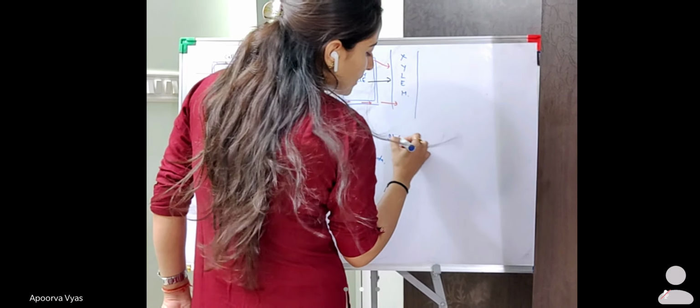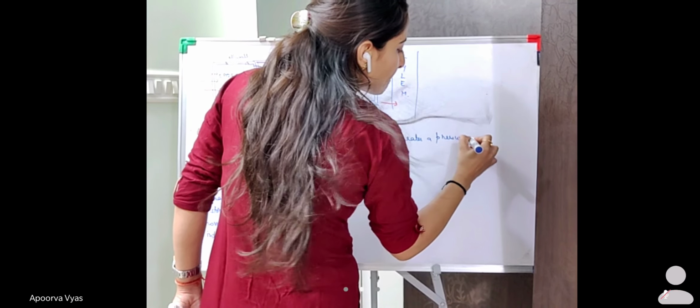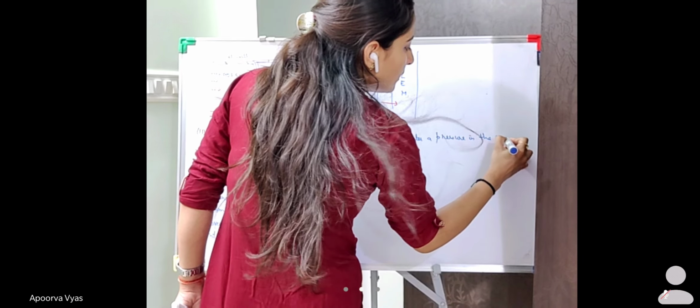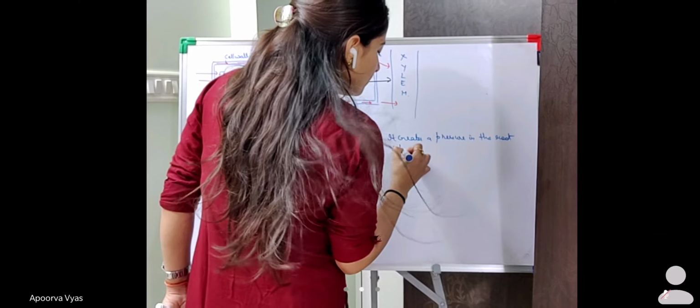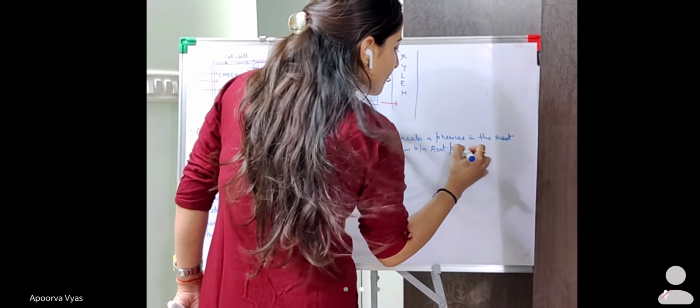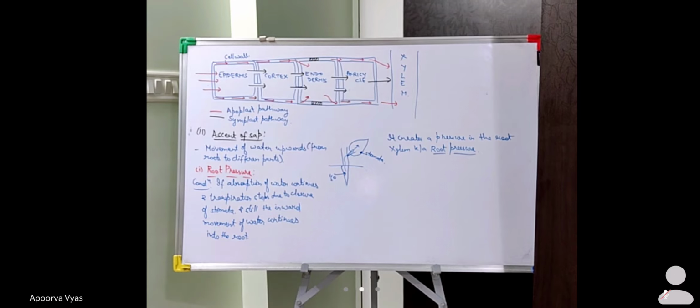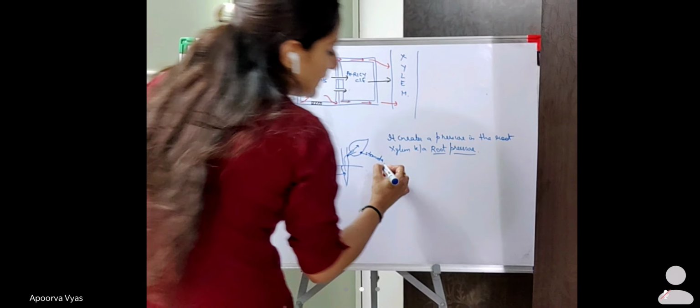So it creates a pressure in the root xylem known as the root pressure. So that pressure is actually known as the root pressure. ठीक है, बट अब ये जो root pressure है, it cannot transport the water to a large distance. So this pressure is enough to push water by only a few